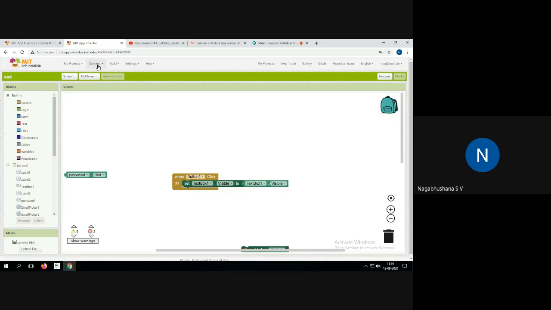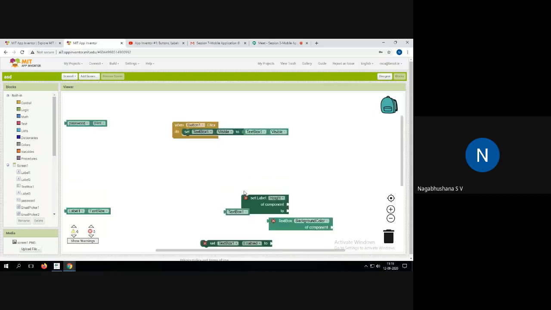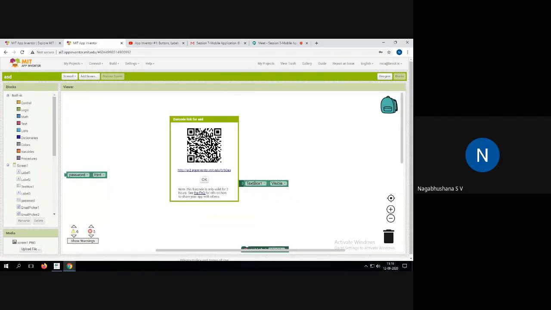Okay, so this is from the security perspective. You will get this kind of a barcode. Once you scan this barcode, it will easily come to your mobile devices, or it will be stored in your systems itself. That means, see, this is the time taken to generate an APK file. It's very simple, but the time taken in the Android Studio framework is quite large.